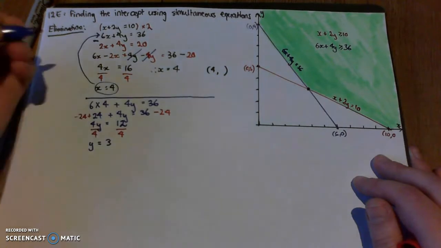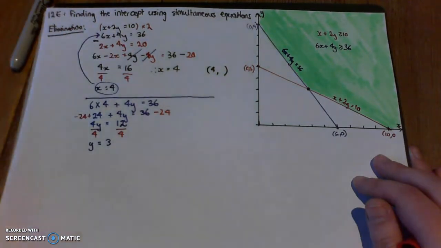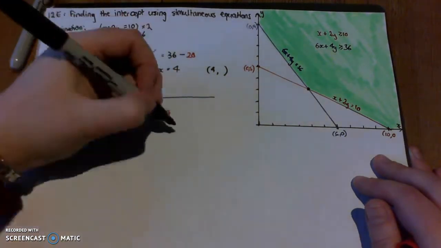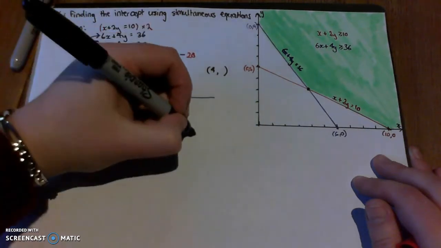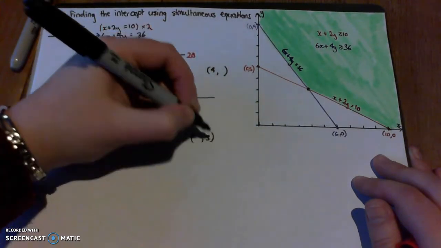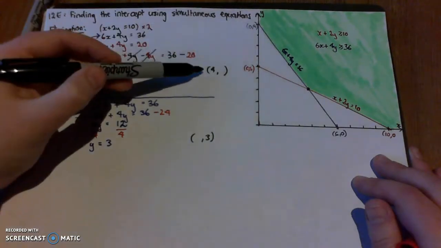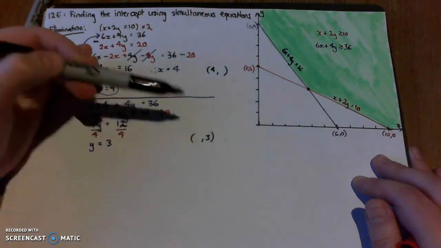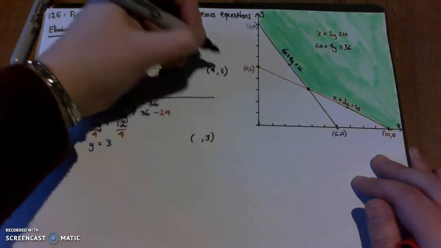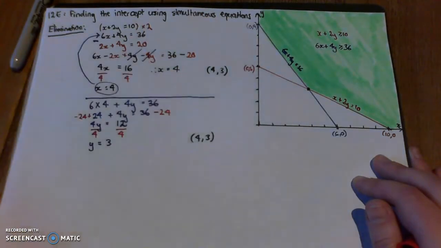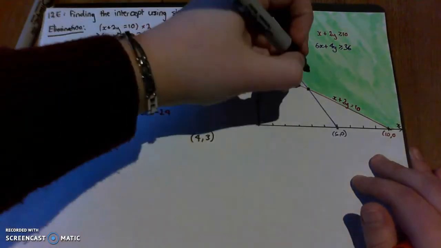Y is equal to 3. So now we know both of our coordinates. So we know that if y is equal to 3, our second coordinate is 3. Looking at these two, they make a full coordinate. So 4, 3. There are x and y values. So that's one way we can find this